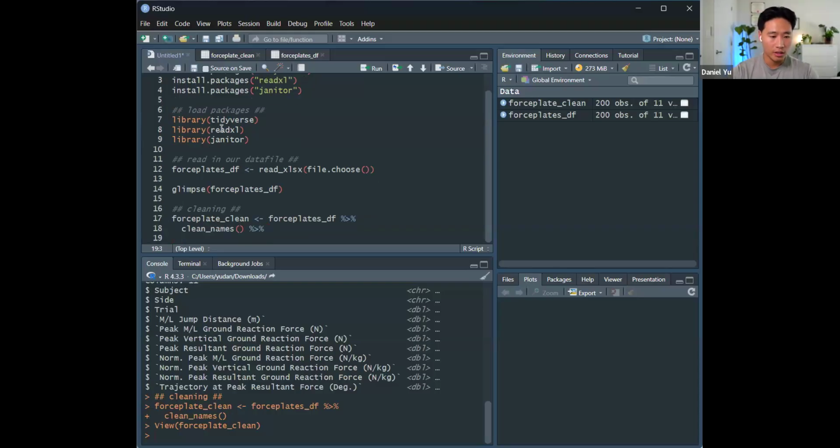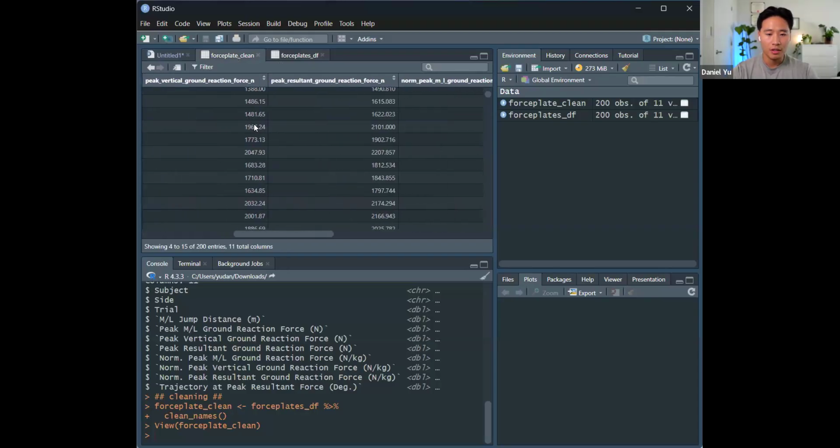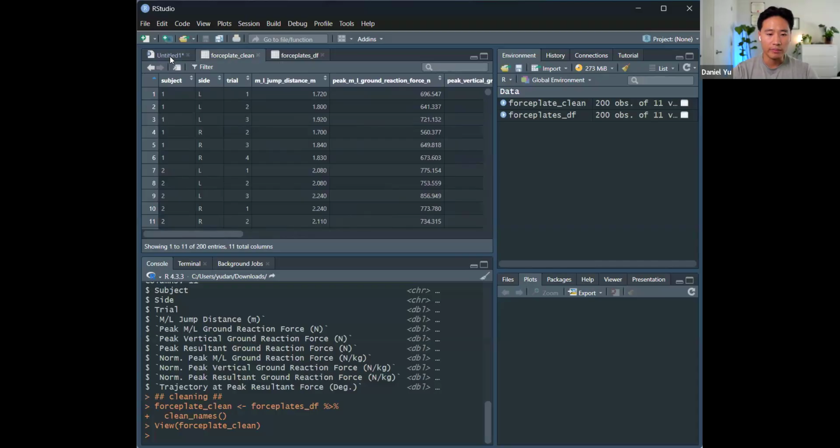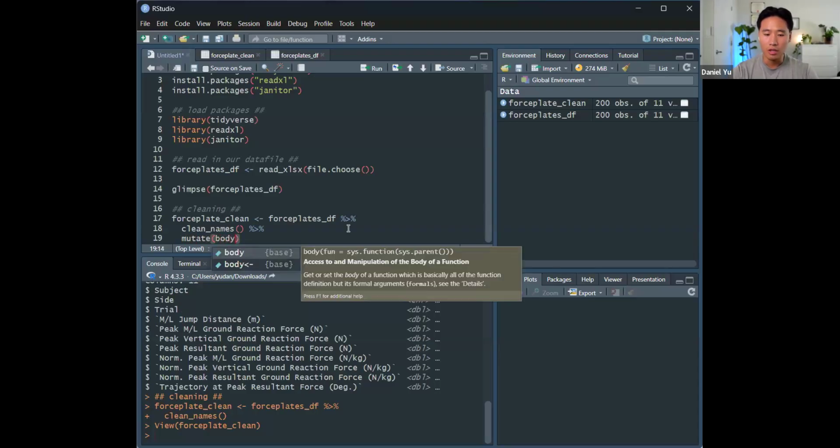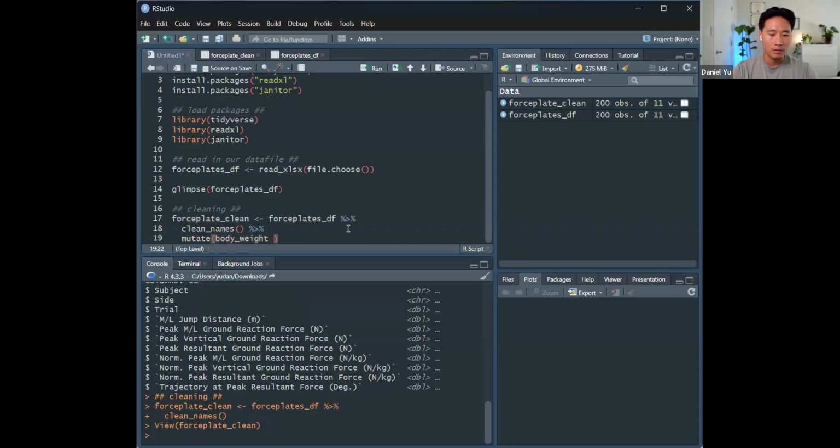And then let's say we want to create some new columns. So from here, let's say we want to get body weight. Body weight is something that is important to us. In order to create new columns, you use the function mutate, and this is what I would consider one of the most used functions in R. So mutate just allows you to create a new column. So we'll call this one body weight. And same thing, I'm following that format of all lowercase with no spaces, so this underscore. So body weight equals, and then let me